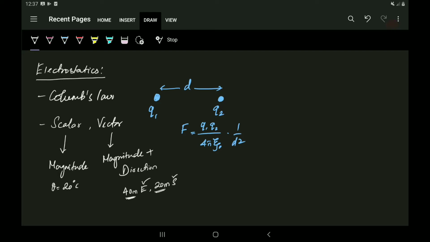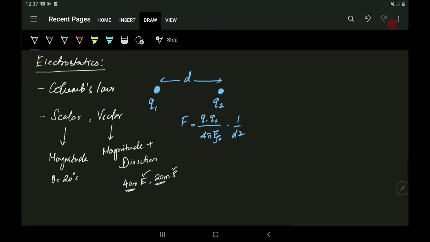So in electrostatics we should be very clear about how we talk about vector quantities. The force is also a vector quantity, because its direction is an important concept here. If I write the force as a force vector, with a vector symbol, then I have to multiply it with a unit vector, which is in reference to the distance d, and I will represent it as d vector.